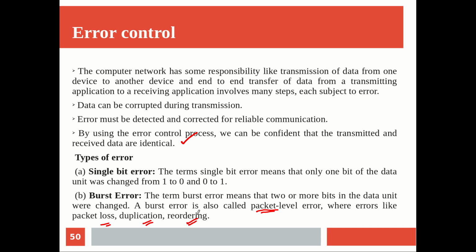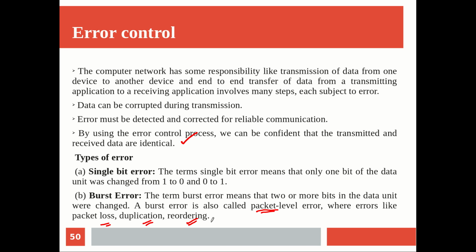Reordering of the message is itself another issue. The message is transmitted in the form of, say, 10 packets: packet 1, packet 2, packet 3. But at the receiver side, say packet 2 reaches first, followed by packet 1. Now the receiver should be able to reorder them. There should be some mechanism for that. If it is not reordered, what is received will be interpreted in a different way. What you communicated is fully reordered and received in a different fashion at the receiver side. That should not happen. So we can make use of some kind of numbering. We call it a sequence number for tackling this issue.